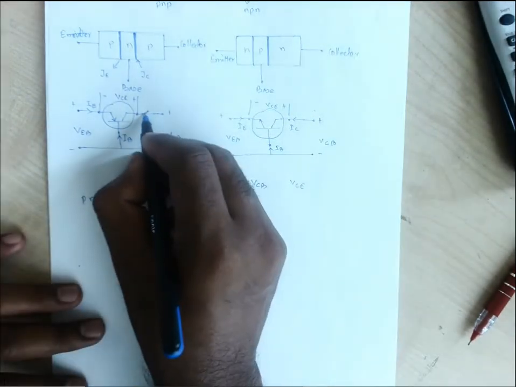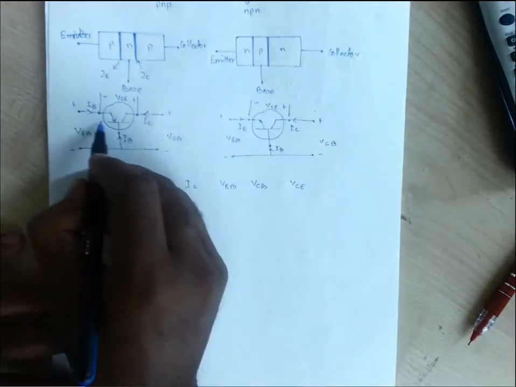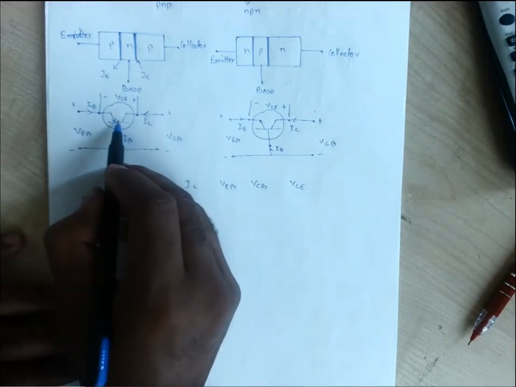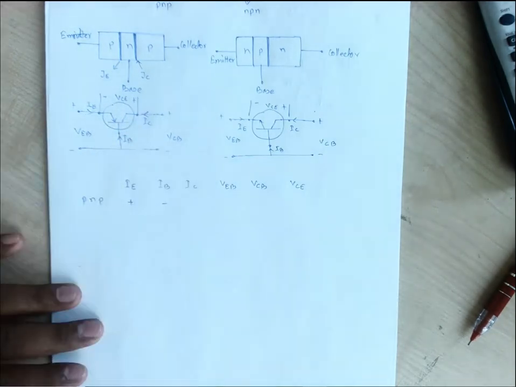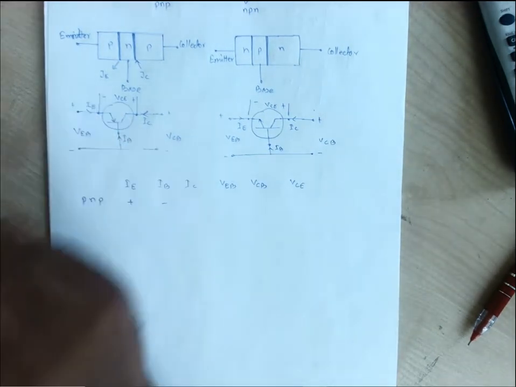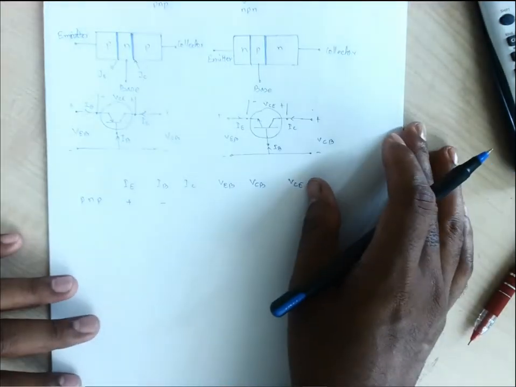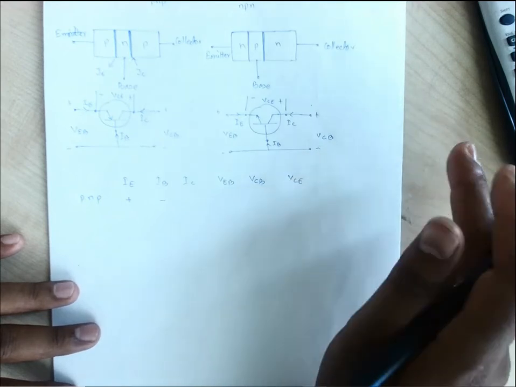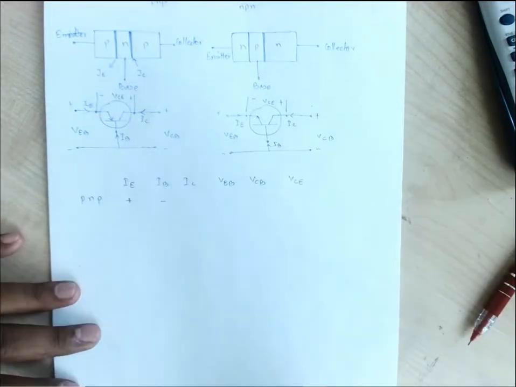IC should also go out because IE is going in. The component which is going in is supposed to have the component which is going out. You can consider something like that. The charge carriers from the emitter which have been going inside the transistor obviously have a certain current, and that current needs to flow into the external circuit.